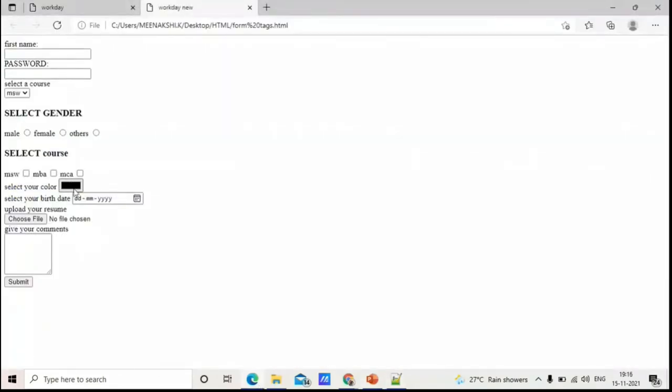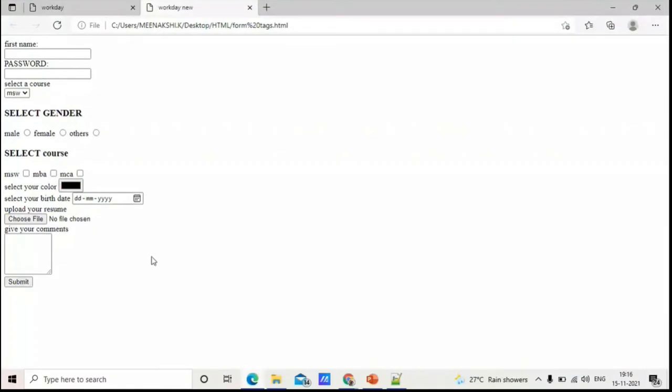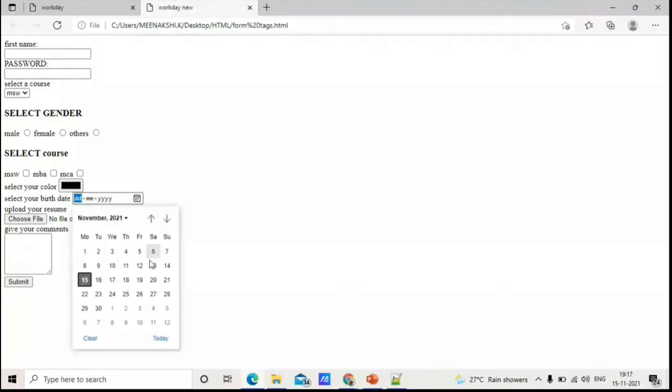select your color. Next one is, when you are going to choose your date of birth or date of admission, something you are going to put in your web browser, you have to put input type equal to date. Here I have given select your birth date. In many colleges they will be asking your HSC date of year, so for such purposes you can give date. If you give date and when you execute it, it will be shown as a calendar. From the calendar you can choose the date, whatever you want. Yes, the calendar will be shown, you can select from this.